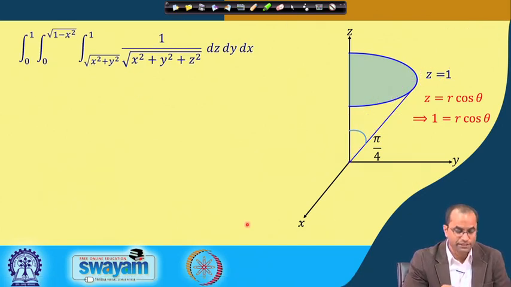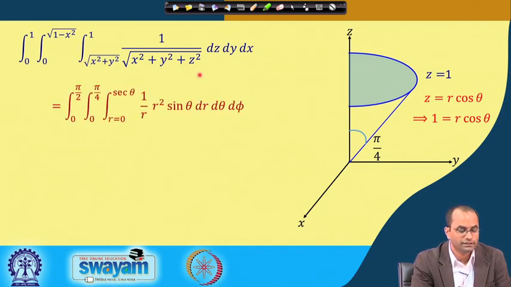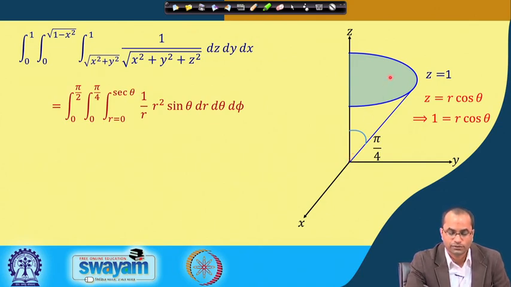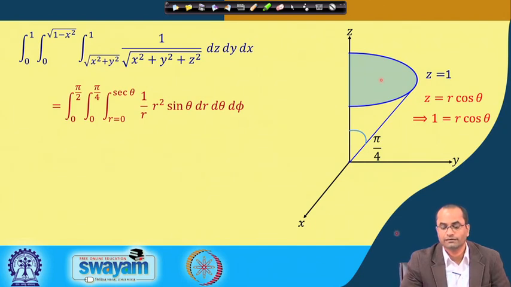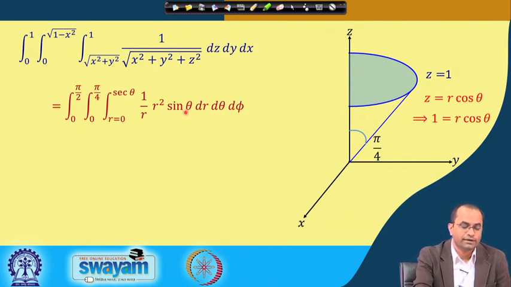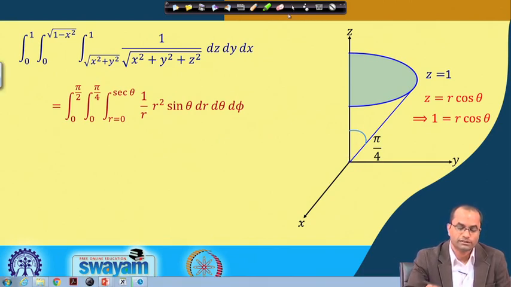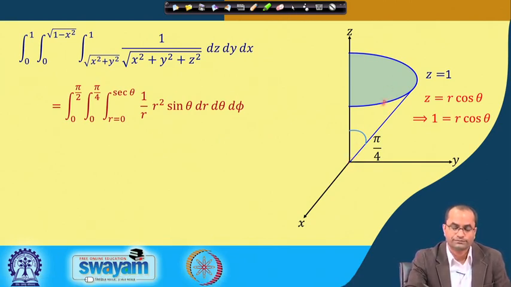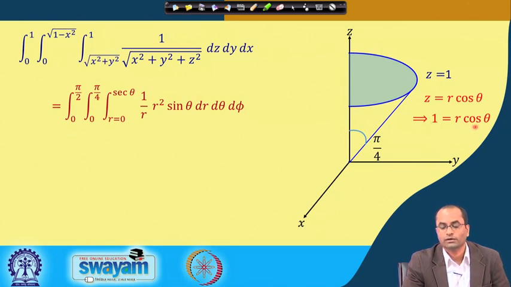So, we can now change the variables. So, this was the integral there and that will be converted. So, for r, that is the distance from here to that point in spherical polar coordinates, not in the cylindrical. Cylindrical we have only in the x y plane, we have to look for the theta and phi and r. So, now we are in the spherical coordinate. So, that r is the distance from this point to where we exit this domain. So, that is exactly the z is equal to r, where r is given by 1 over cos theta.